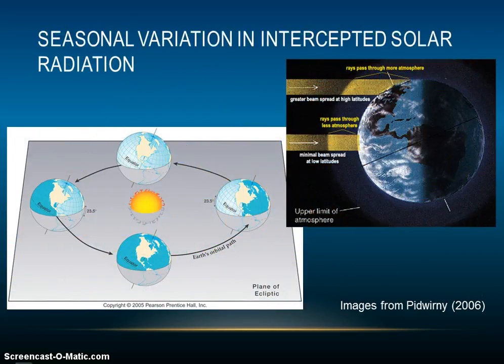The amount of solar radiation intercepted at any point on the surface of Earth varies by latitude with a gradient of decreasing temperatures from the equator to the poles. At higher latitudes, solar radiation hits the surface of Earth at a steeper angle, so that sunlight is spread over a larger area. This incoming solar radiation must pass through a deeper layer of air, and so it encounters more particles in the atmosphere and is reflected back into space.